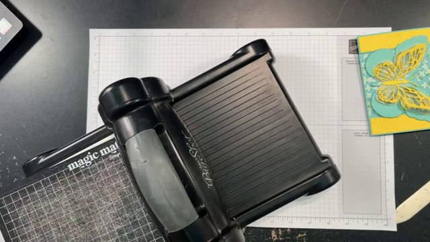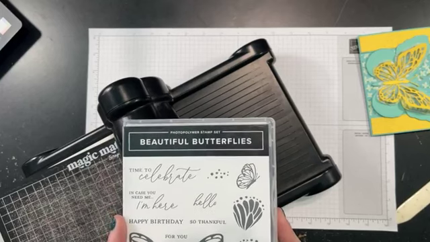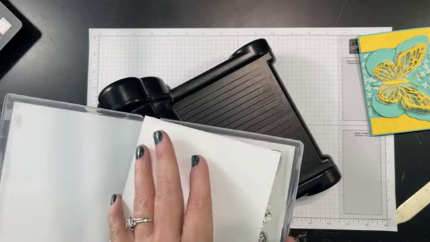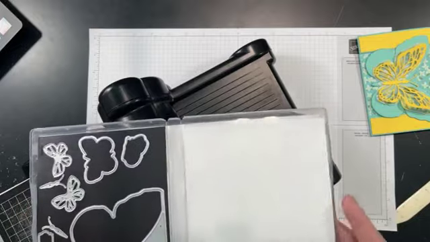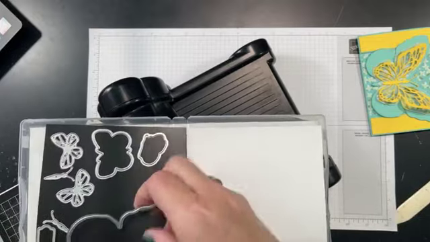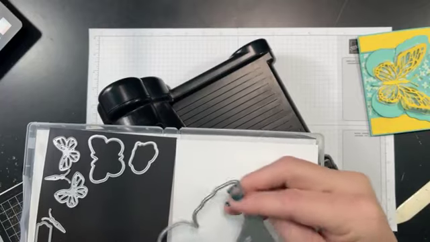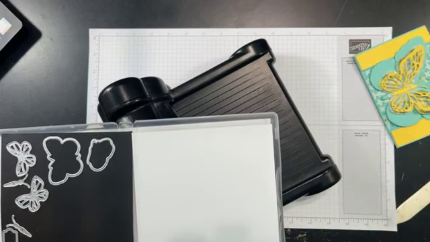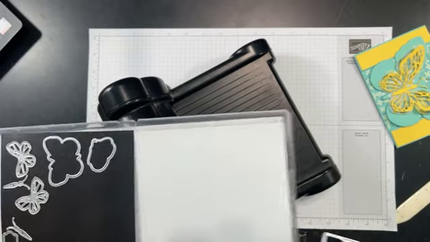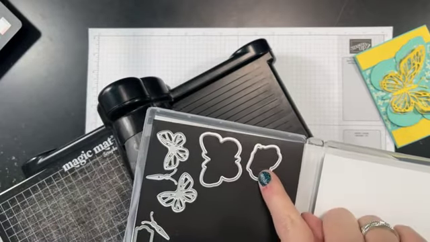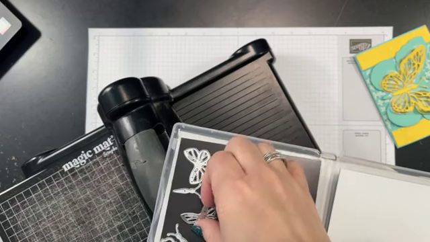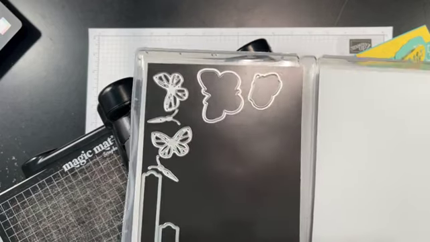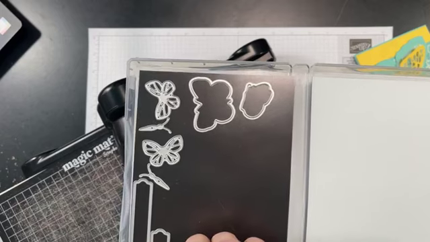And in this stamp set, Beautiful Butterflies, the dies are gorgeous. There's a lot of dies. So this die right here is what actually makes your butterfly card. Like, you can do a card in the shape of a butterfly. There's a couple little butterflies on here. This right here fits inside of this. A couple little bodies, a couple of little